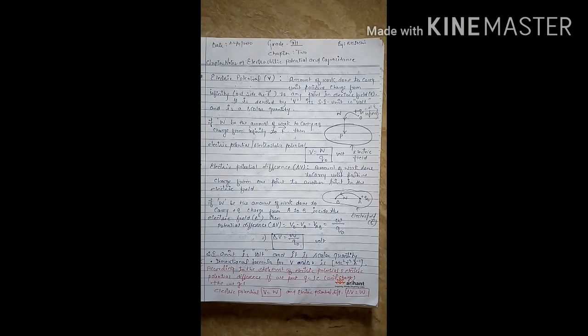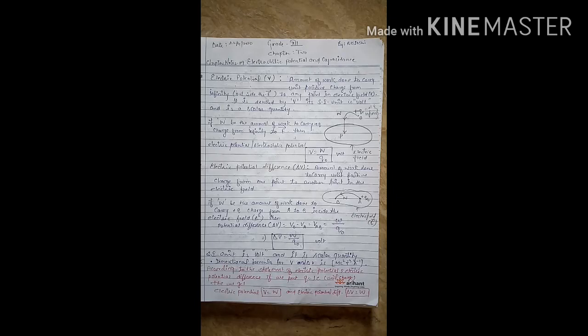Today I am here with the second chapter of physics, electrostatic potential and capacitance. In this chapter, we will discuss some important topics like electric potential, potential difference, electrostatic potential due to a point charge, a dipole and system of charges, equipotential surfaces, electric potential energy of a system of two-point charges, and electric dipole in an electrostatic field. So one by one we will discuss the topics.